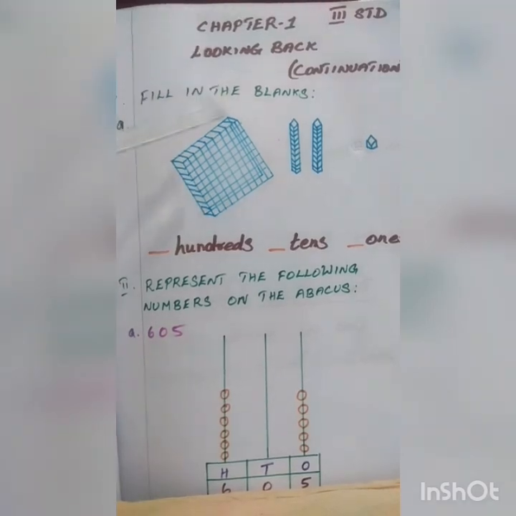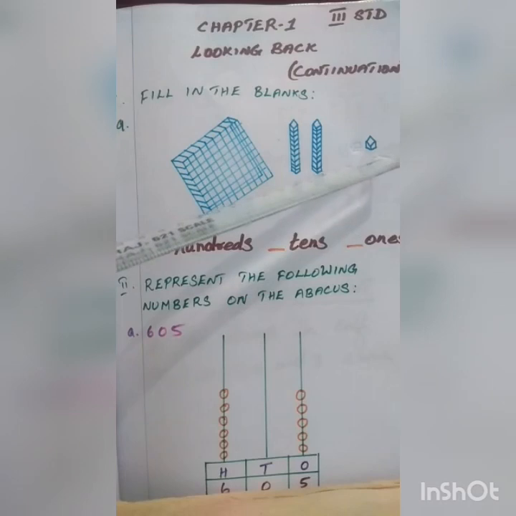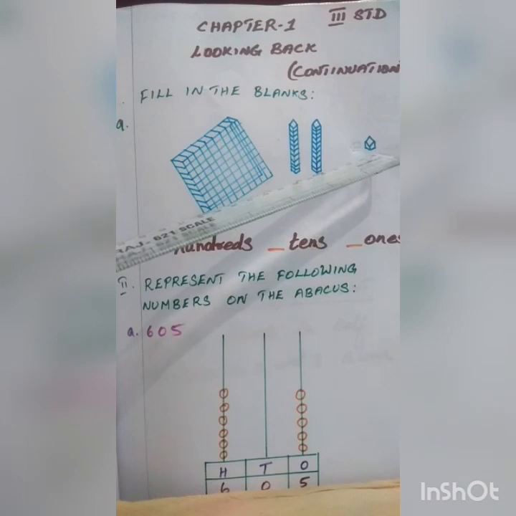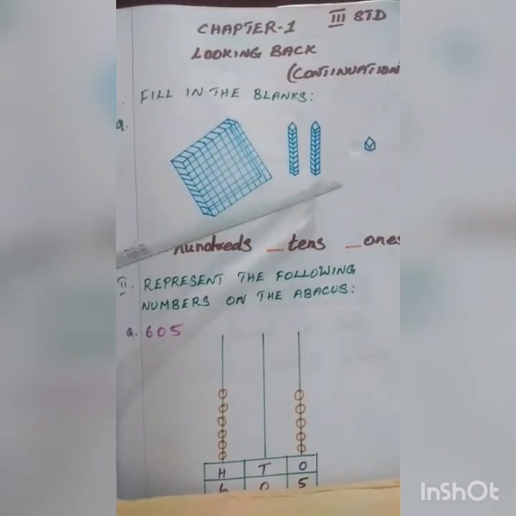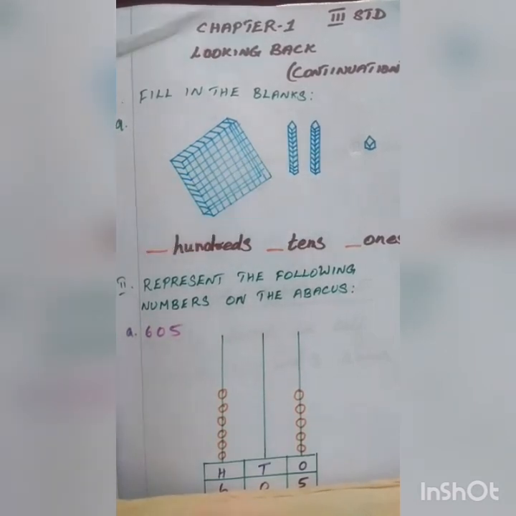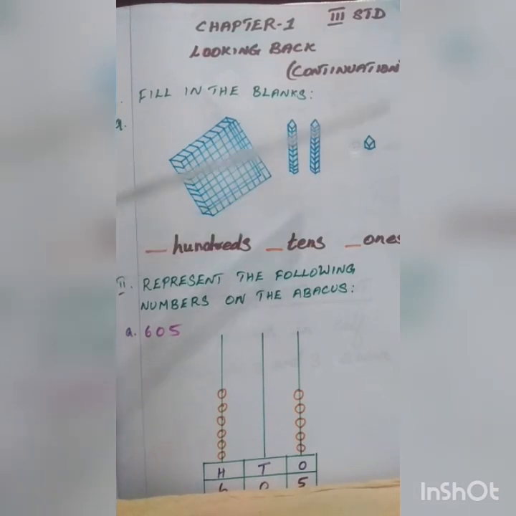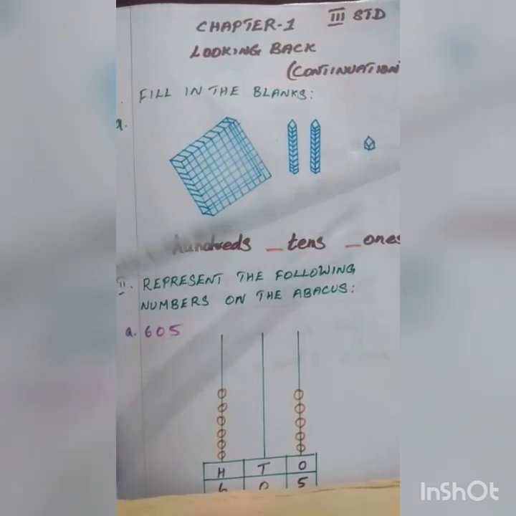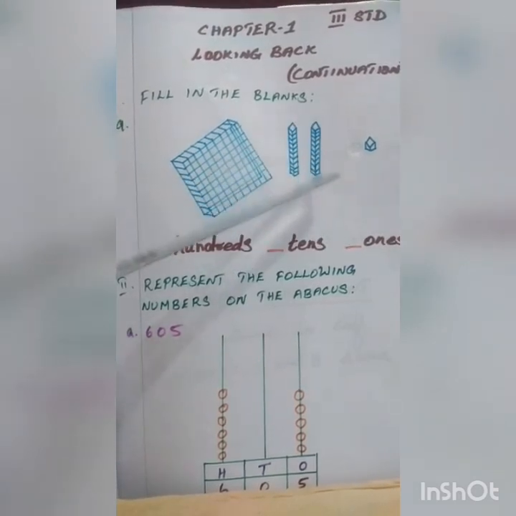Now how to see the picture. See here, only one cube-like shape is there, no? This one cube indicates only one ones. In this, a rod-like shape is there, no? In this rod, 10 one cubes are combined together to form a 10. Already we learned the formula, no? 10 equals 10 ones. So same method. This is like one cube. This is ones, only one cube. So like that, 10 cubes combined together to form one rod shape.